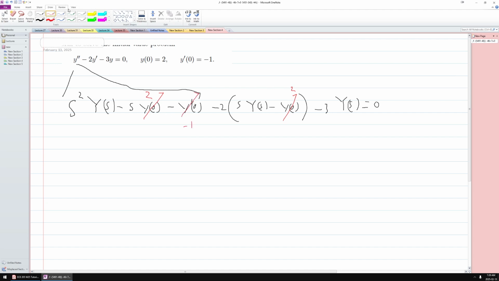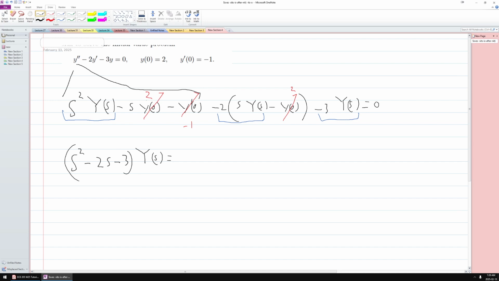All right, so now I just want to group things up. When grouping, you're always going to end up with the characteristic polynomial multiplied by your y of s. You can prove that that'll always be the case, but it's literally just coming from the fact that my derivatives give me an s to the n y of s, and I'm going to pick those terms up from here. So I get this guy minus 3, all of this times y of s